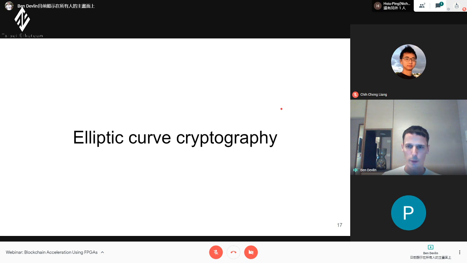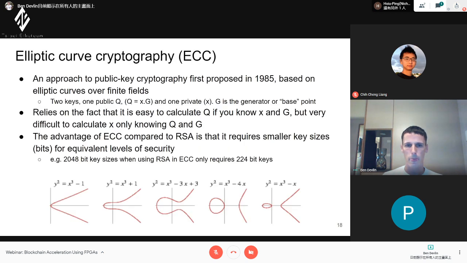So that was kind of the first part of the project and a little bit smaller. The rest of the project was focused on elliptic curve cryptography, and we have two different curves. I just have a bit of an explanation about elliptic curve cryptography, in case people aren't familiar with it.